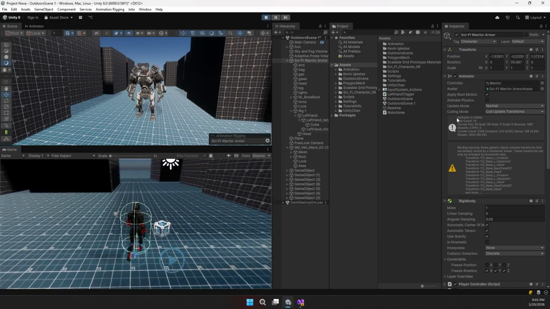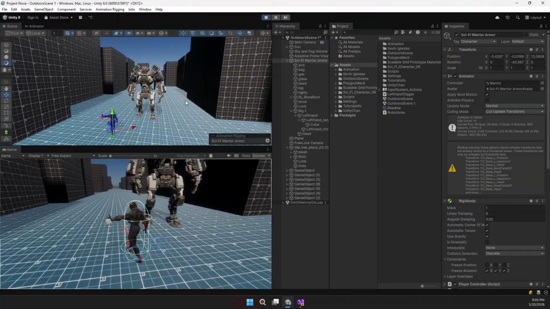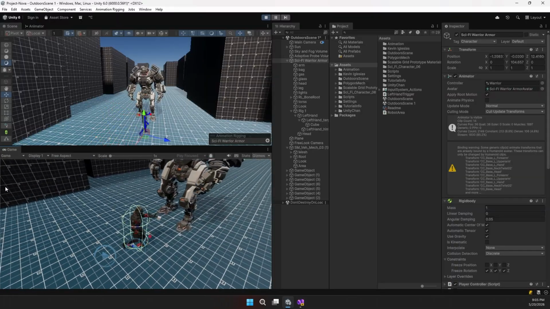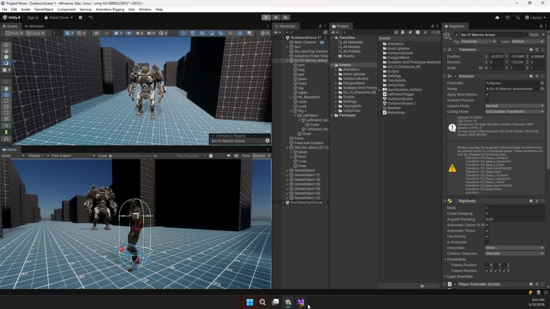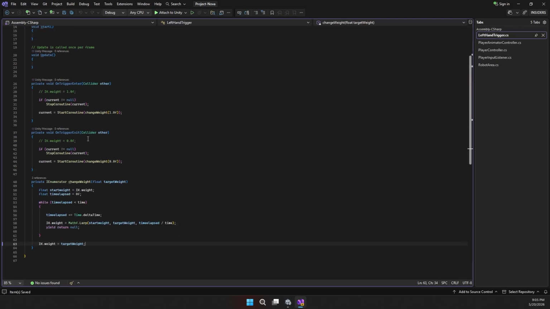Okay, now we have it. Let's go there. And here we have face, but look, we have a problem: the hand is going to detect it too. So let's say in the left hand trigger and here,